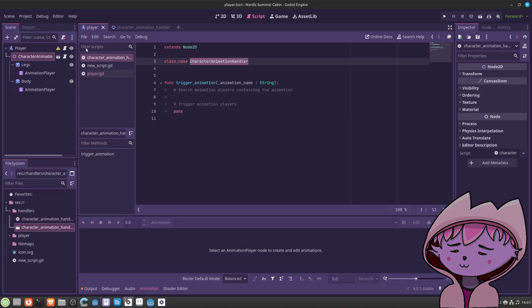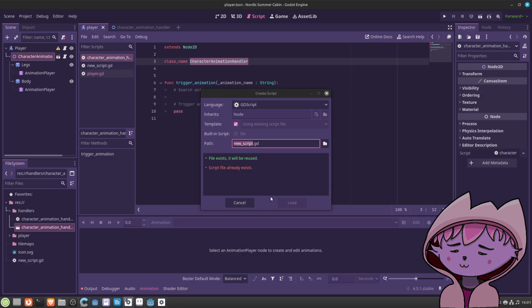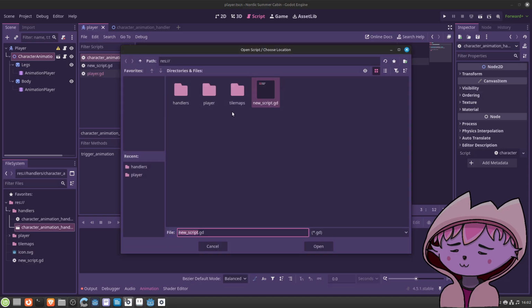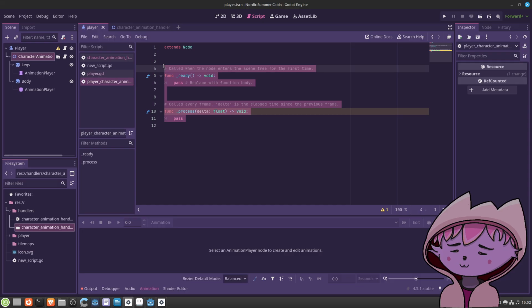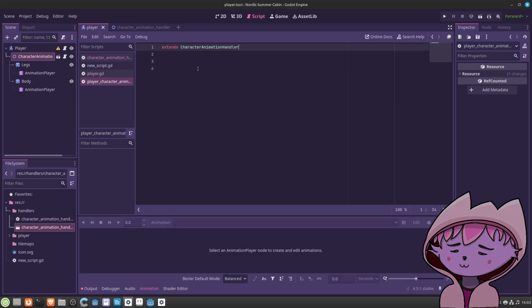We could say we make a new script to player character animation handler. Default node. Yeah. And it extends character animation handler. And here we could say